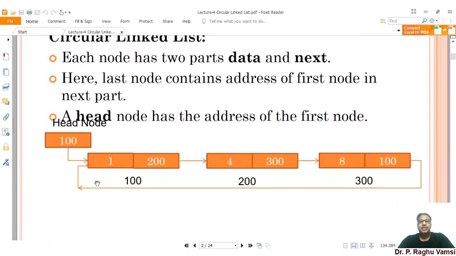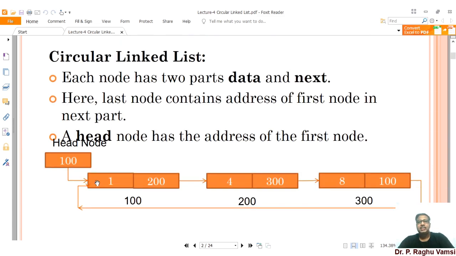Whatever operations you have seen in the single linked list, all these operations are possible with the circular linked list. That is creation of node, insertion operations, deletion operations, display operations, and search operations. First one is creation of node.